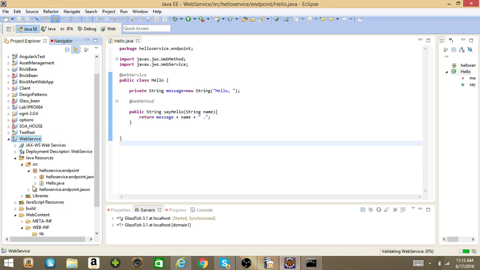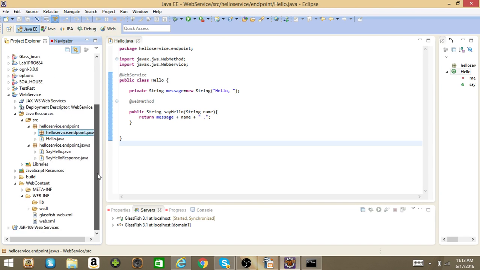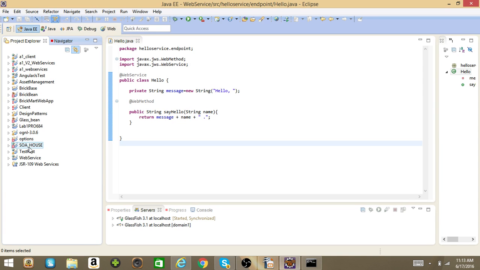And you'll see in your WSDL, a package has been created from the API. And if you look into your WSDL folder, an XML schema has been created. So that's good. Awesome. Now, I'm running Glassfish here on my